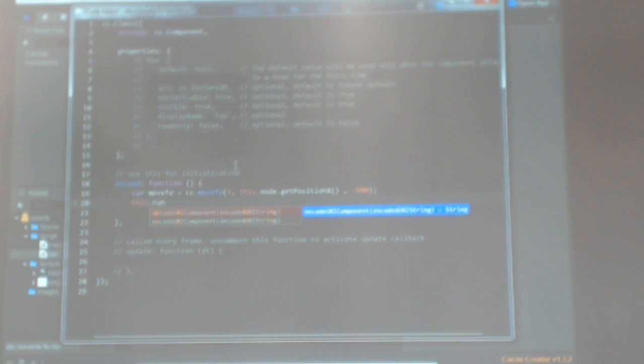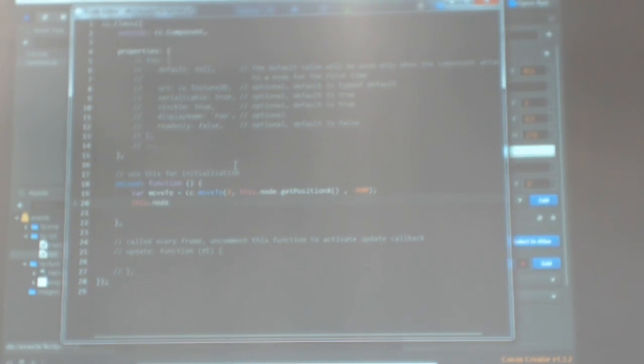Okay, so it's going to take 3 seconds to get to the actual X position of this node, and minus 900, which is outside of the screen. And then, of course, this node is going to run the action.